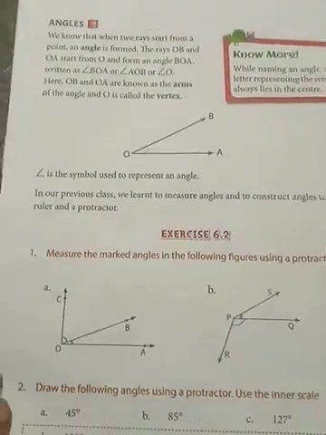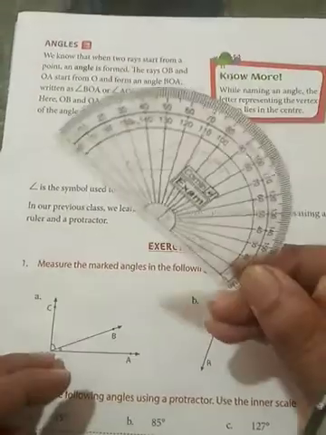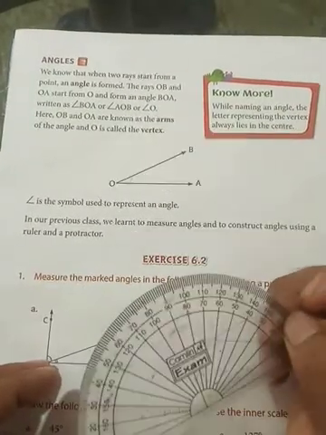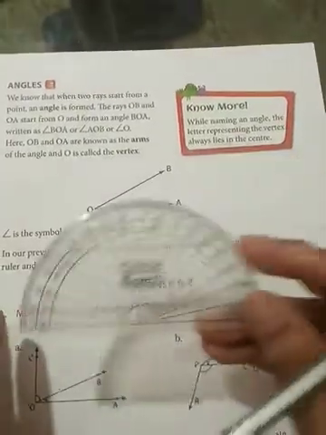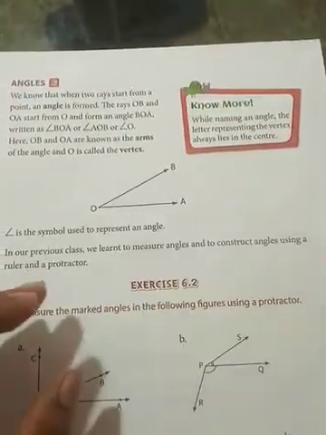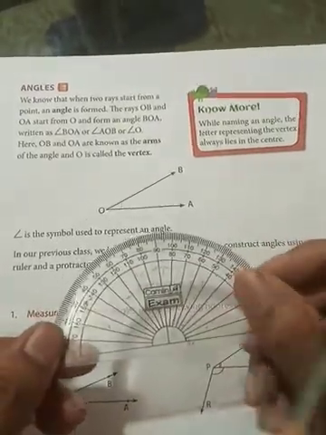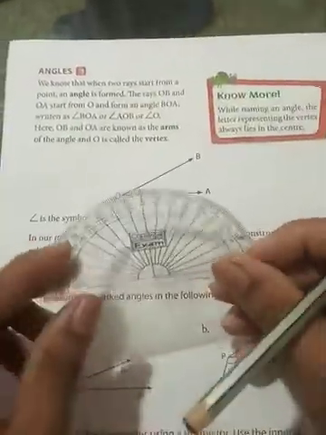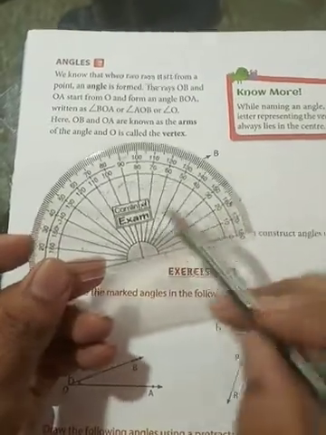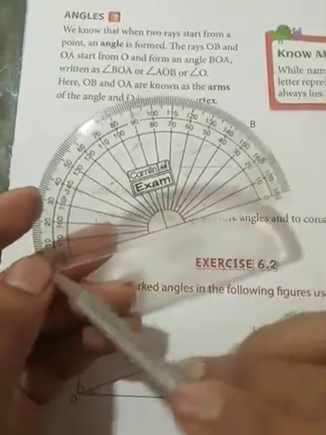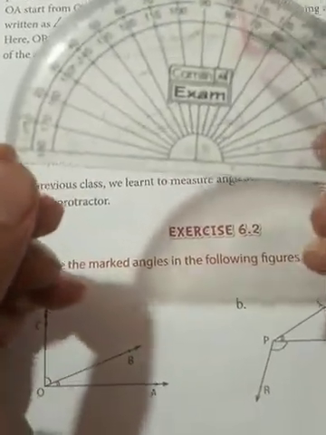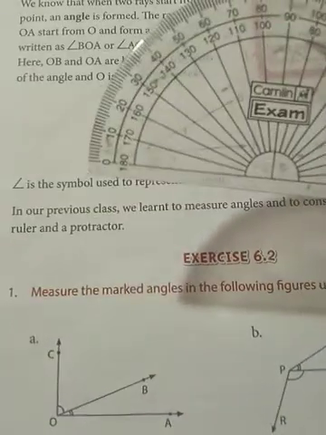For measuring an angle, we need an instrument called the protractor. I hope all of you have this instrument. Those who don't have a protractor, you have to buy it. It costs only 5 rupees. You also have to know the reading. The protractor measures from 0 to what value? 180, isn't it? 0 to 180 is its value.